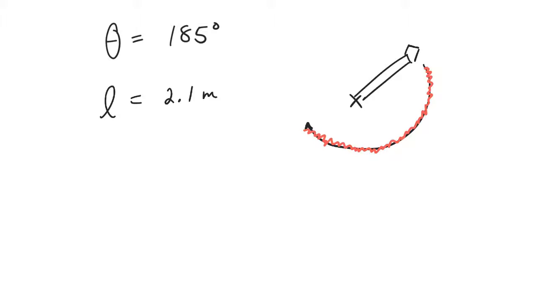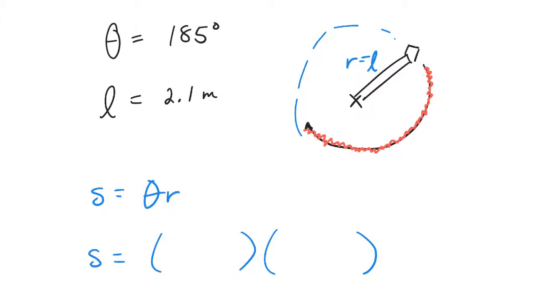So if I want to think about this, I could think of this whole thing as a circle. I could call the length here the radius, really. And I can use my formula, S equals theta r. The concern is that theta and omega and all of those values need to be in radians. So I can go ahead and try to multiply, but I can't use 185. I can use 2.1 meters here, that's fine, because the length of the arm of the crankshaft is the radius,